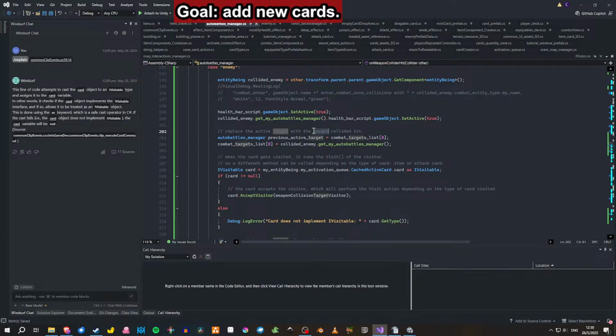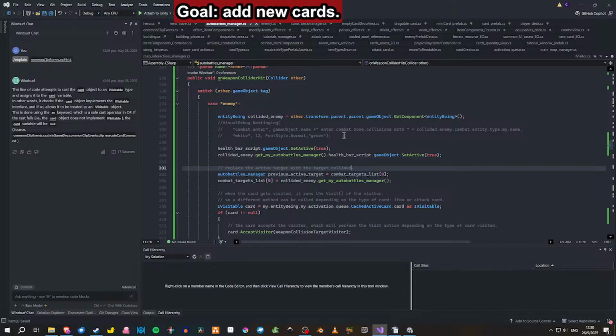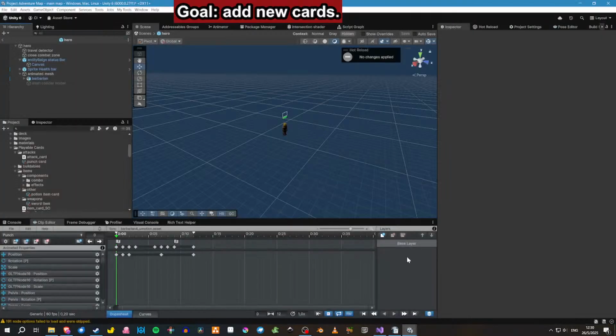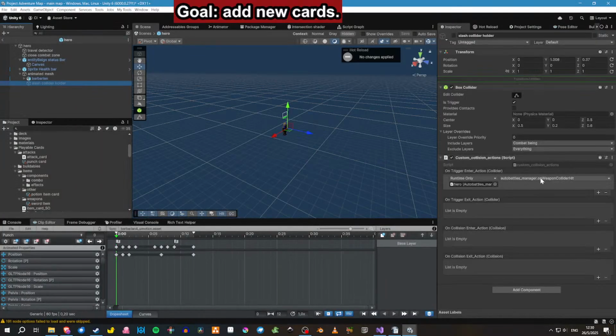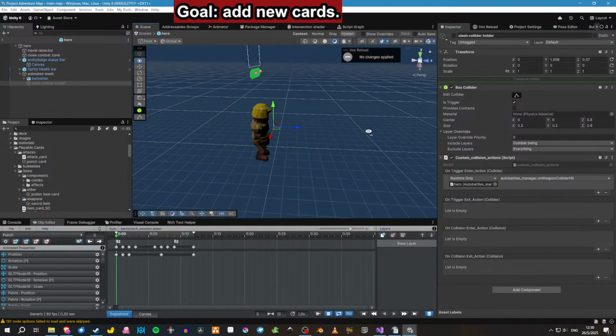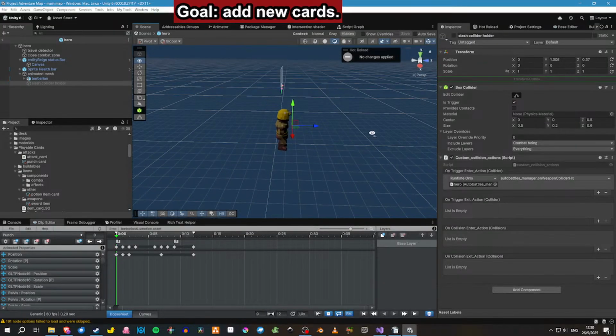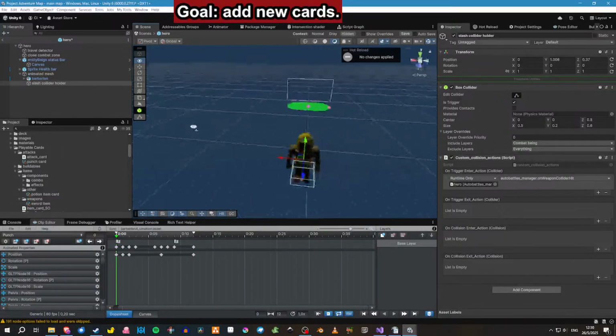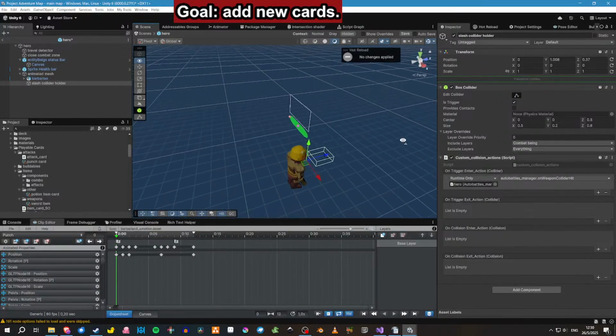Okay, I hope I get to understand what this is all about. On weapon collider hit. Okay. So when this collider hits, this guy, when it hits an enemy,